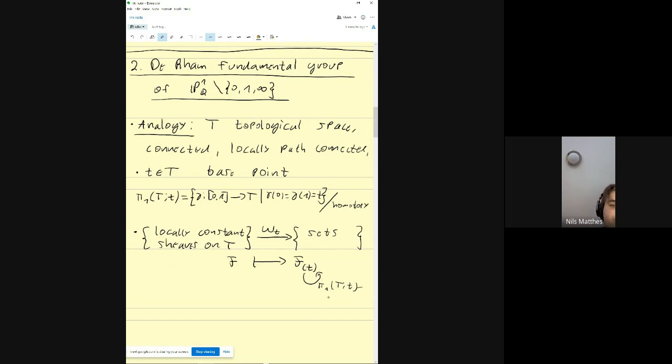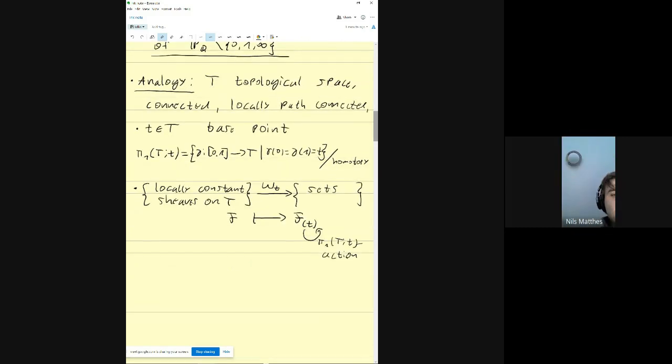There's a left action of the fundamental group on the fiber. And again, if you think in terms of covers, this just means if you look at the fiber over any point of your cover, there's going to be an action of the fundamental group which permutes the elements of the fiber. And what you can show is that this gives an equivalence of categories